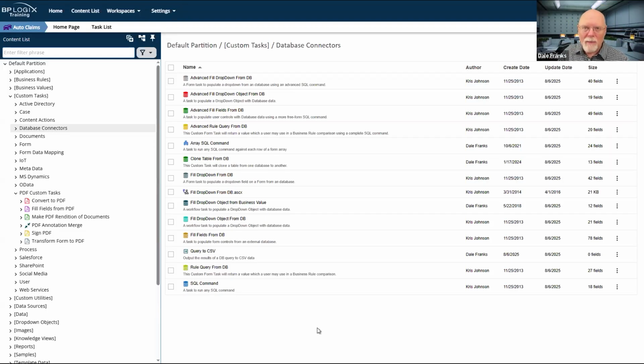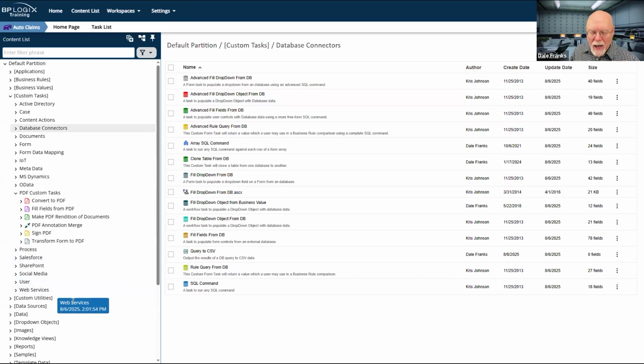I would have to be able to know how to manually configure it from scratch and know where it was in the database and know the appropriate SQL to make it work. Unlike a business value where it's just an object that returns data, and anybody who can configure something to drop a business value in it can use it. So for private or highly sensitive data, there's still a use case for these. I think probably 95 to 99% of the time, you don't really care about any of these fill drop downs or fill fields from database anymore.